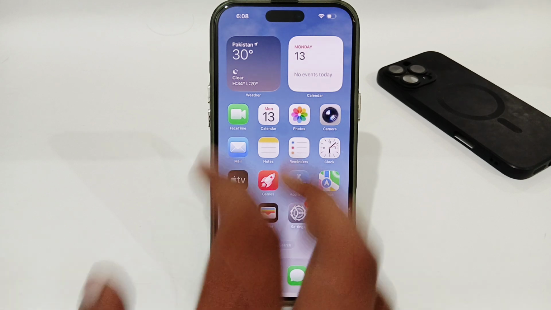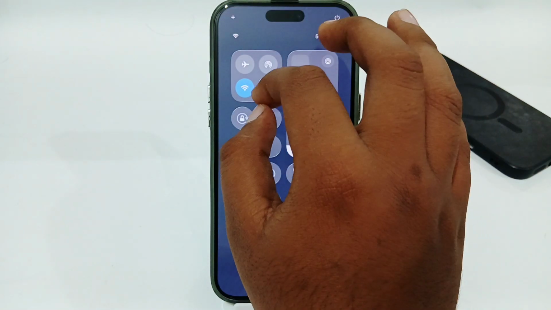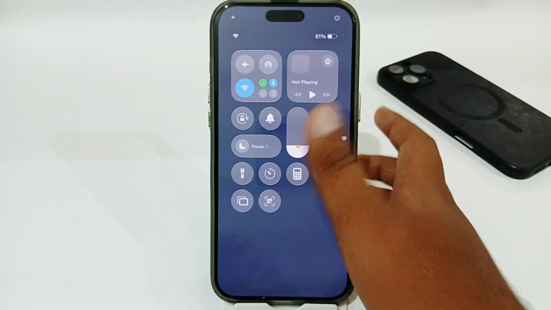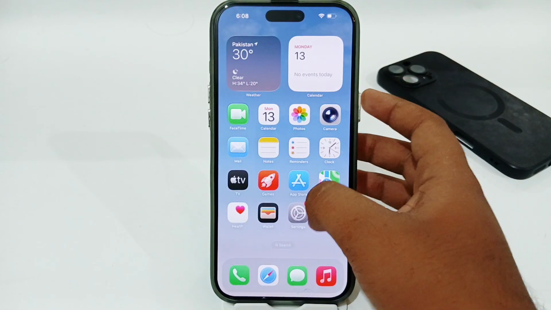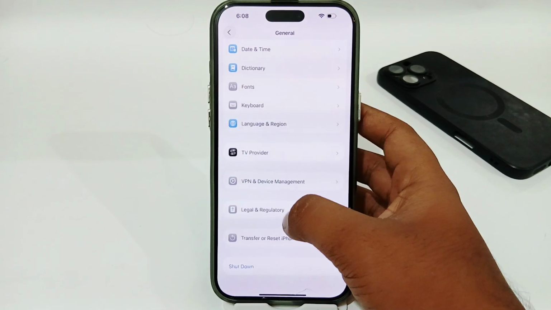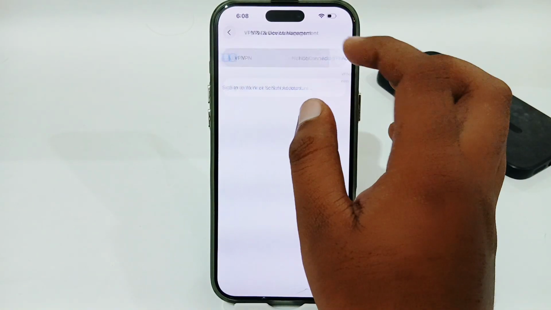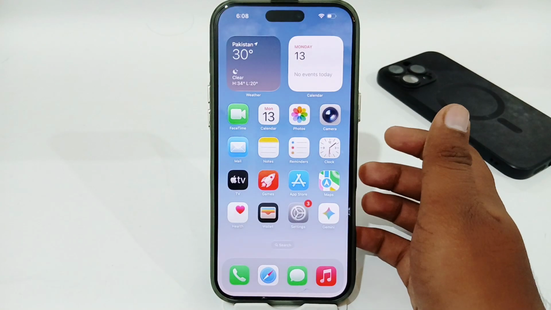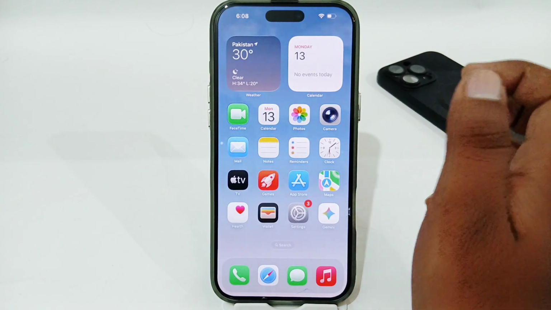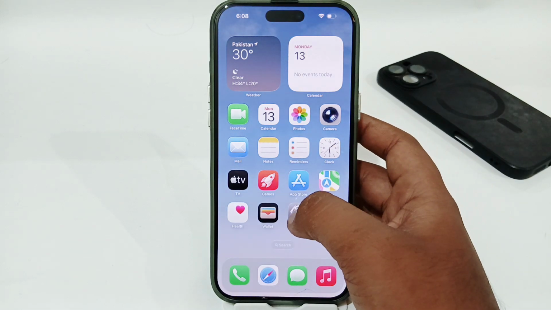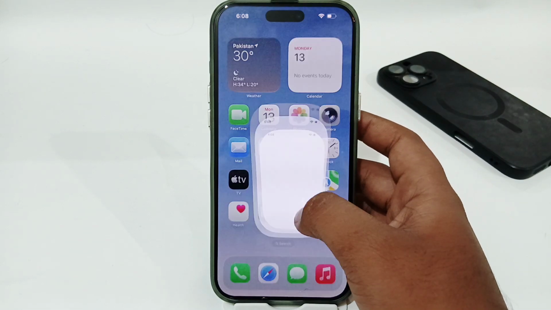So the very first thing is to make sure that you have a strong internet connection via your Wi-Fi or cellular, and then make sure that your VPN is not connected. Go to Settings, General, VPN & Device Management, and make sure that your VPN is not connected. If you have any connected VPN here, try to disconnect it. And once you have disconnected your VPN, you have to open your settings,